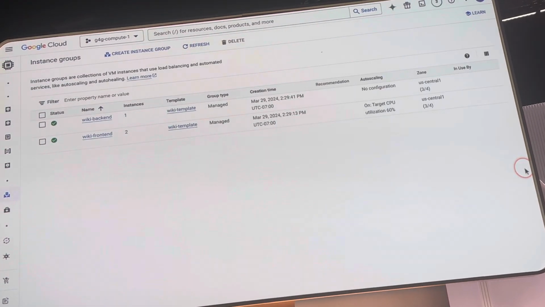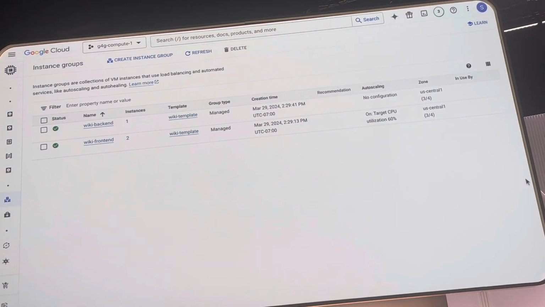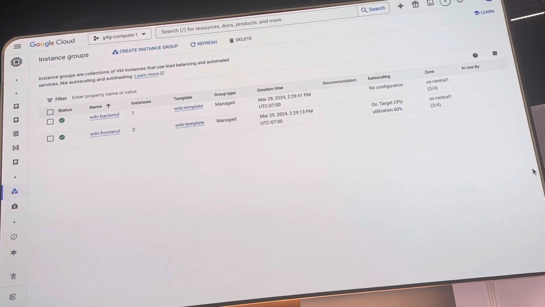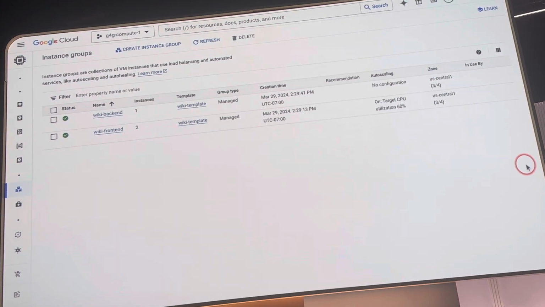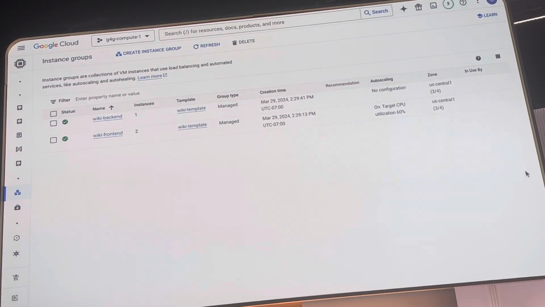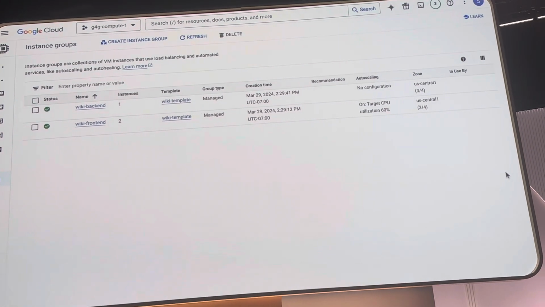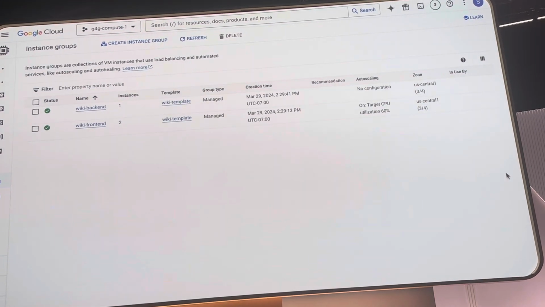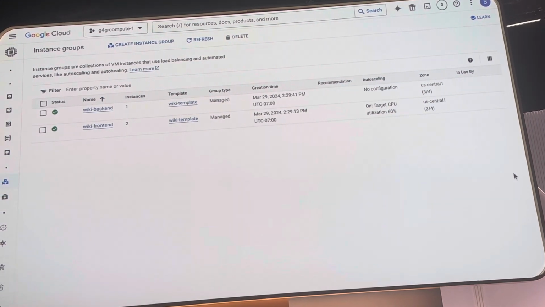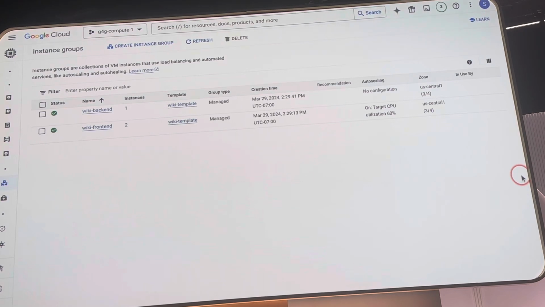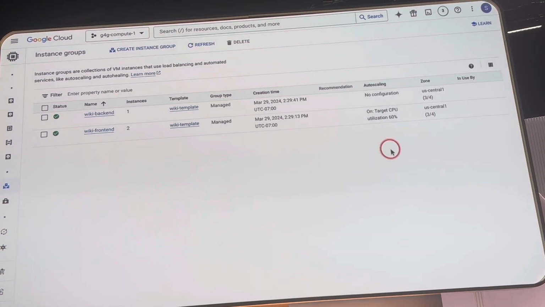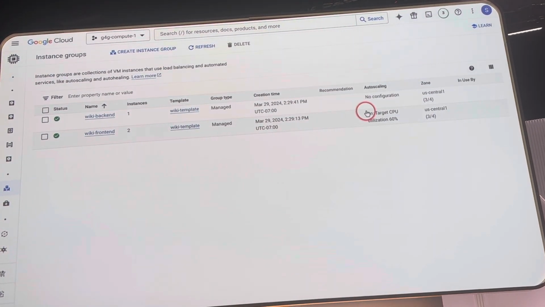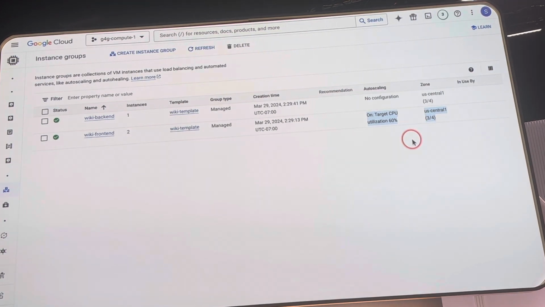So let's say I've deployed an environment, an application running in that load balancer example with auto scaling. I have an environment here where maybe I'm trying to prepare for an upcoming event where I expect an increase in traffic. Maybe my application is going viral, or I'm releasing a new product such as the N4 and I'm expecting an increase in traffic. So first I can look at my instance group and I can validate my configuration that I'm